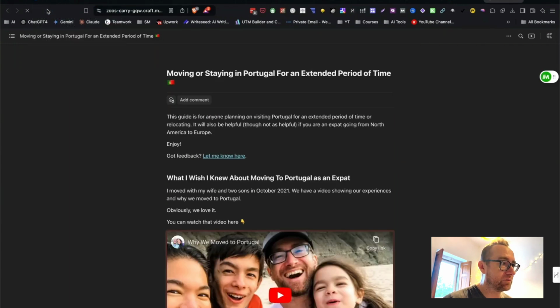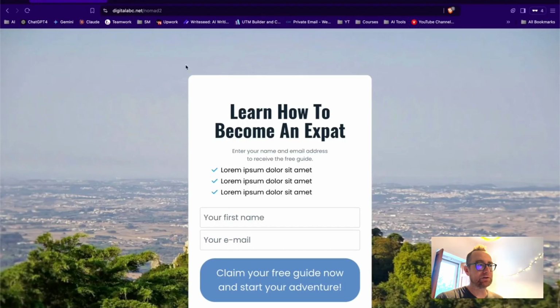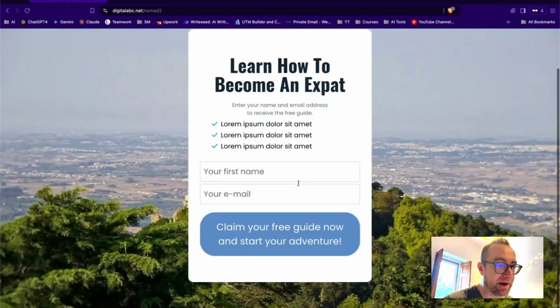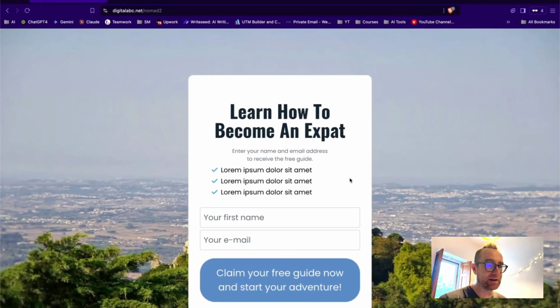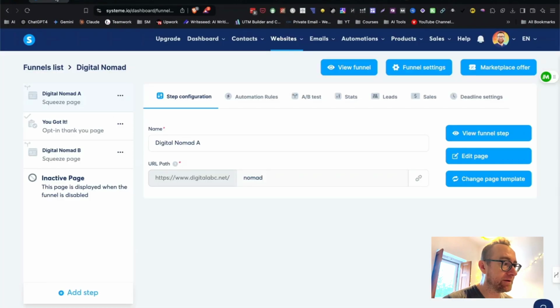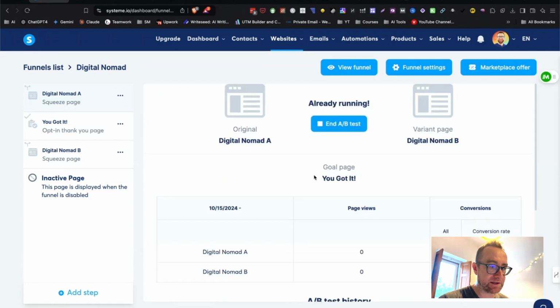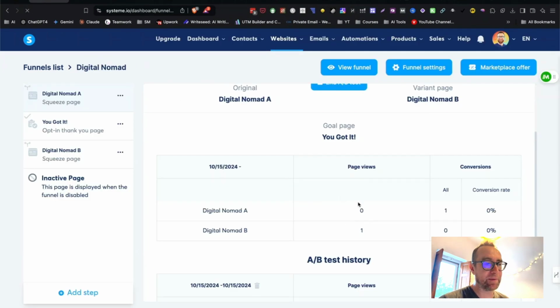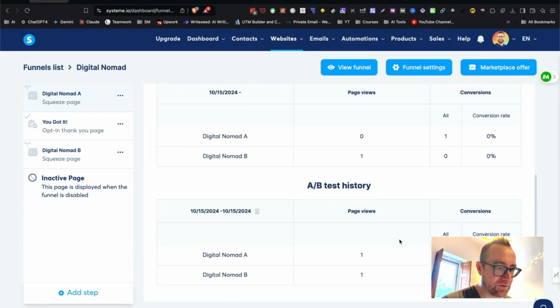And then if we go in a new private window and we go back to Nomad, you'll notice that it's switched over to Nomad 2. So it's going to serve one person and then the next person, and then track which page is better. And so you can change the headline, you can change the background, you can change whatever you want about it. But here, if we go back to our A/B test, and then let me click refresh here, you'll see that the page was actually loaded already in the cache. That's why it says no views,